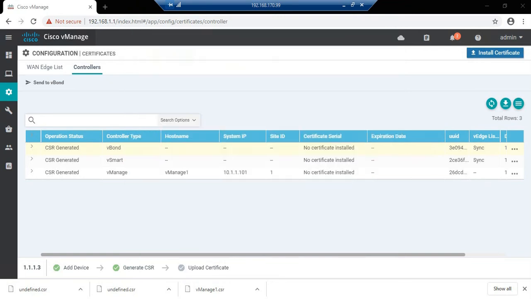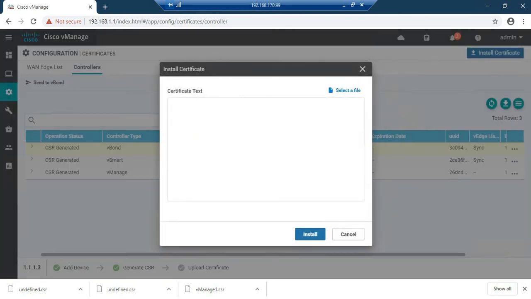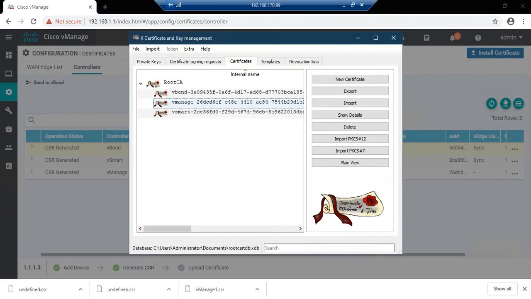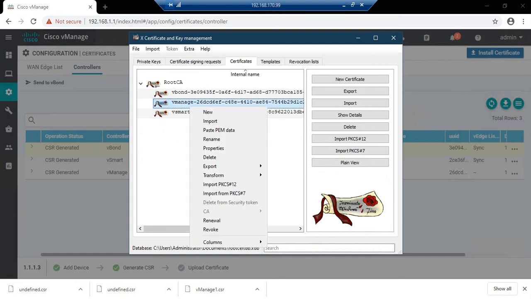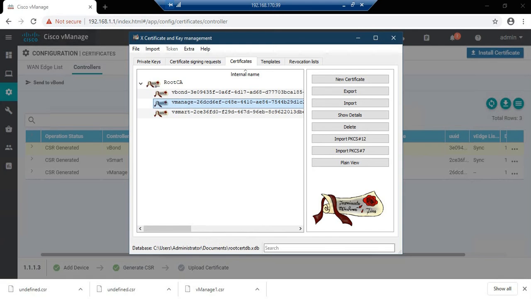Okay, now let me install the certificates. We can use the file or we can paste the text directly here. So let me try using the certificate text. So I go into the XA software and let me start by installing the certificate of Bmanage first. So I right click it here and let me export and from the clipboard.